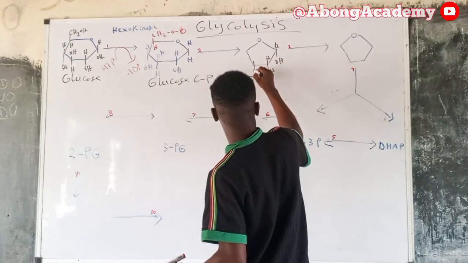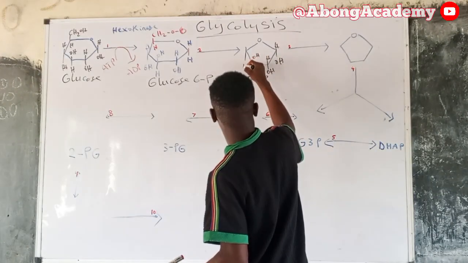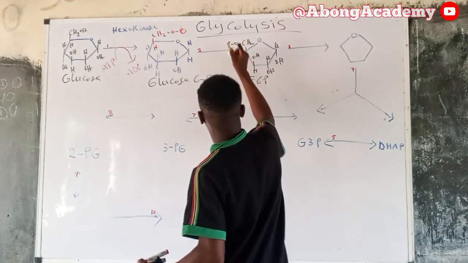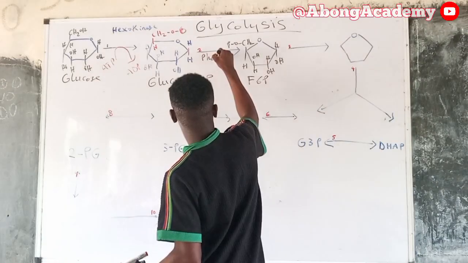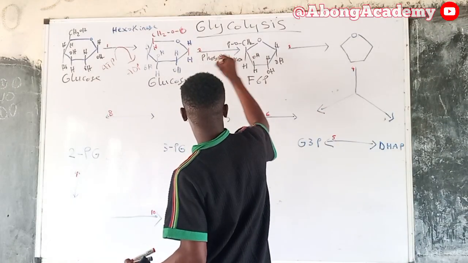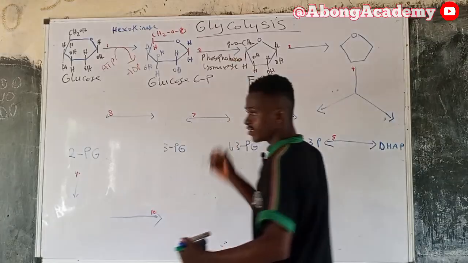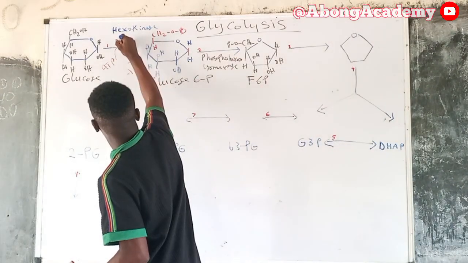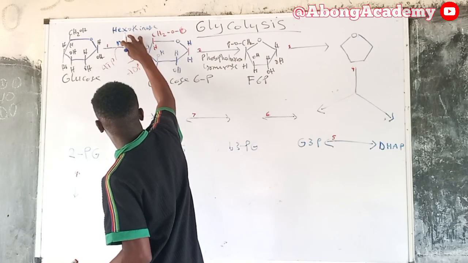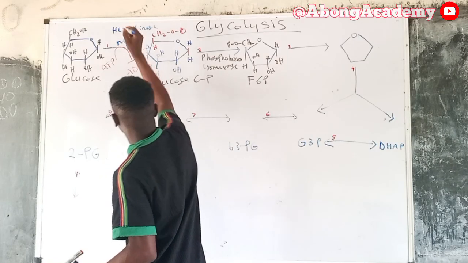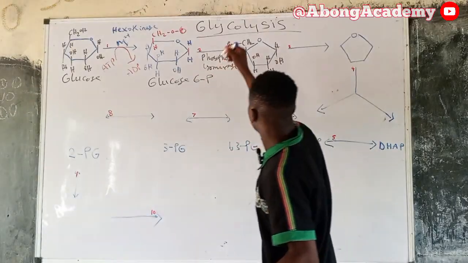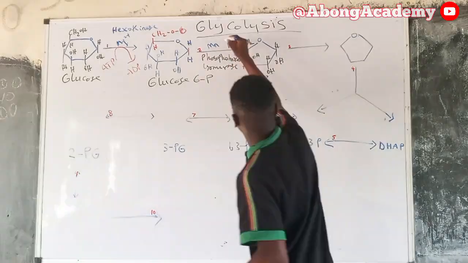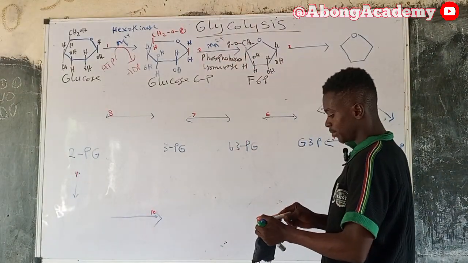And the enzyme that will catalyze that step is the phosphohexoisomerase enzyme. And at the first step, a cofactor is needed, which is a magnesium ion. Also, in the second step, a cofactor is needed, which can be a manganese ion. Now, the third step,